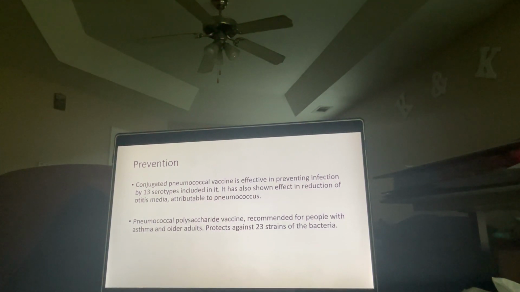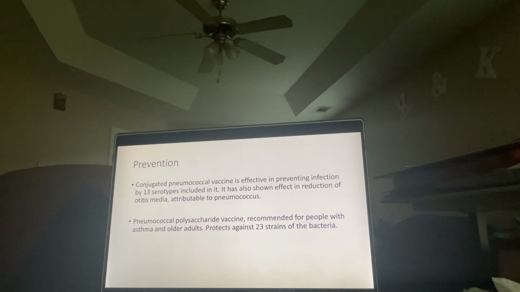Prevention would be the vaccines, and one vaccine is the conjugated pneumococcal vaccine. It is effective in preventing infection by 13 serotypes included in it. It has also shown effective in reduction of otitis media